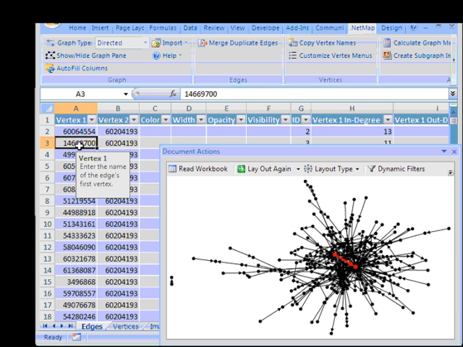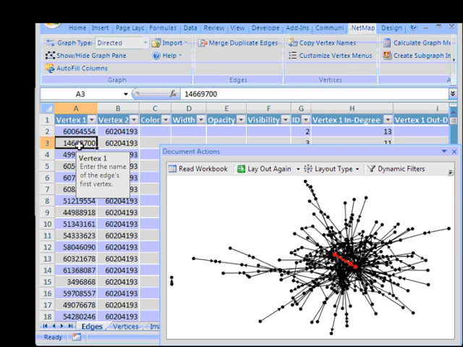I will note, however, that like the visibility column in the vertices and edges worksheet, there is a column in the vertices worksheet called X and Y, or two columns, X and Y. Users may enter any values they want there, and they may also make those values calculated values.